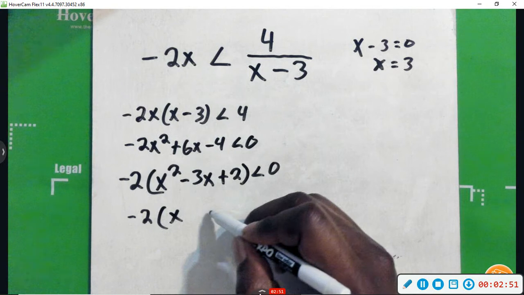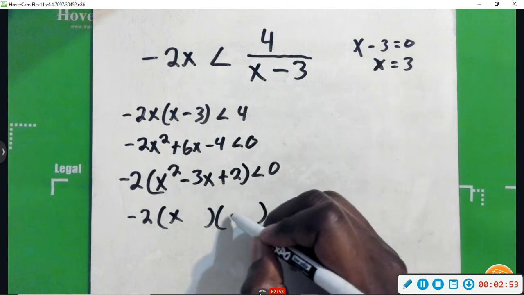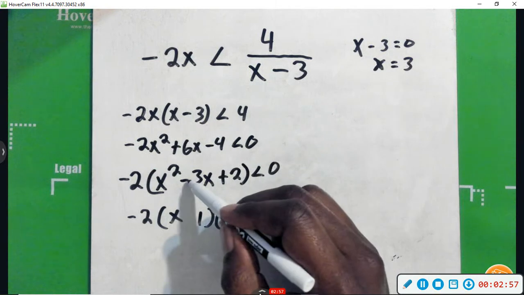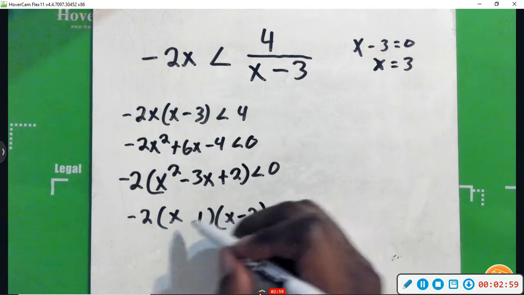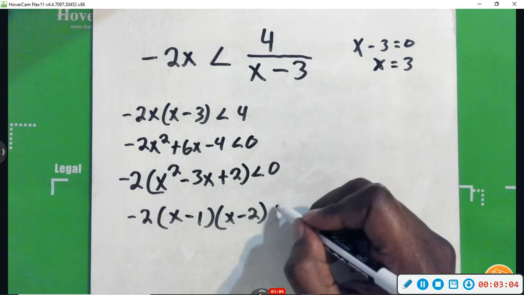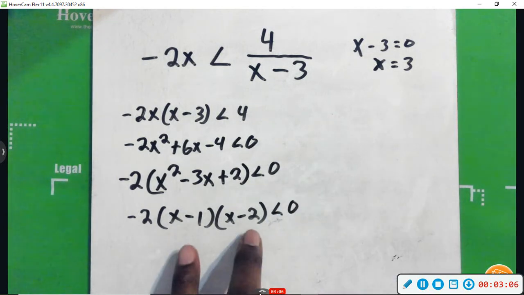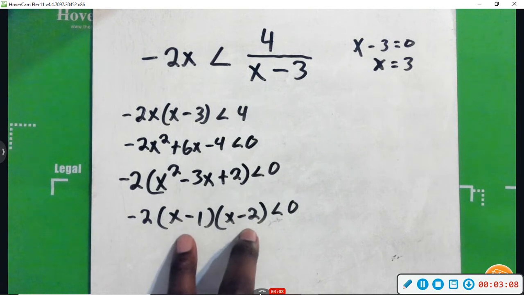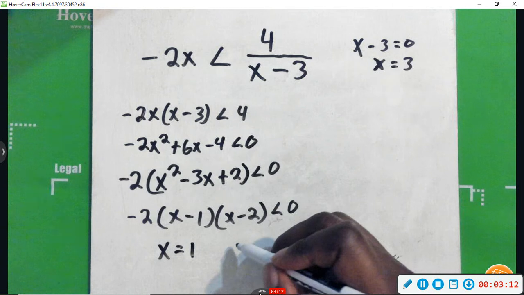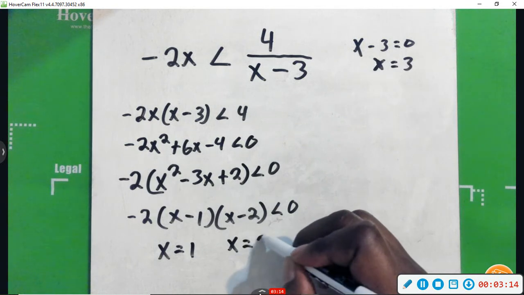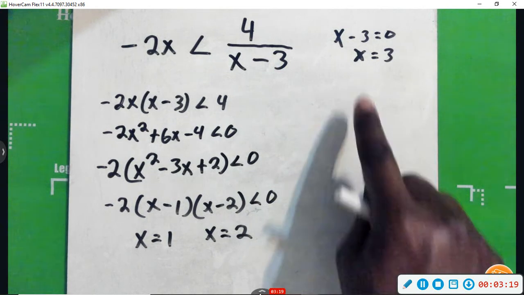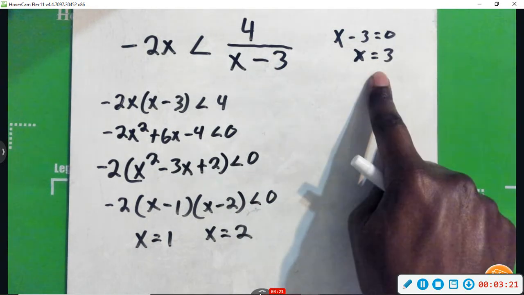1 and 2, actually. First sign is my bigger number, second sign tells me they're the same. So this is the factored form, and I'm using this to get the critical values. If you set each of these terms equal to 0, we get x equals positive 1 and x equals positive 2. Okay, so now that I got all my critical values, 1, 2, and 3,